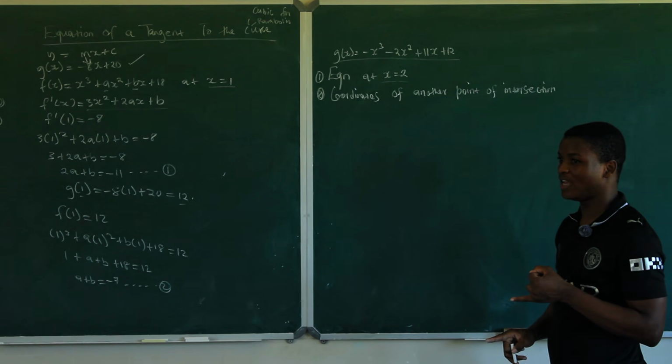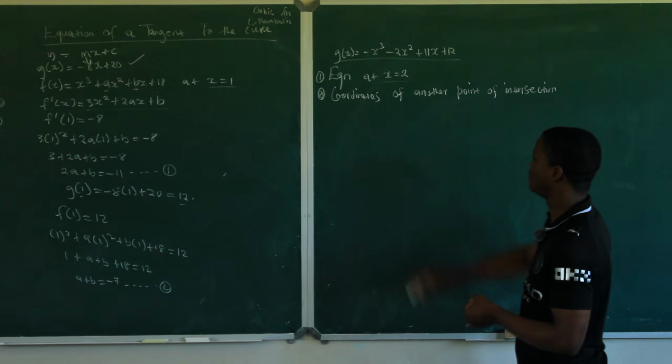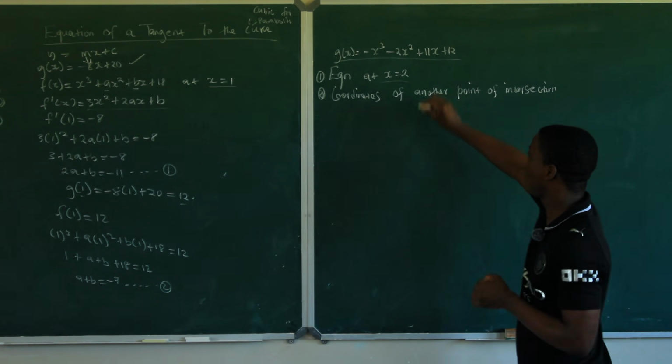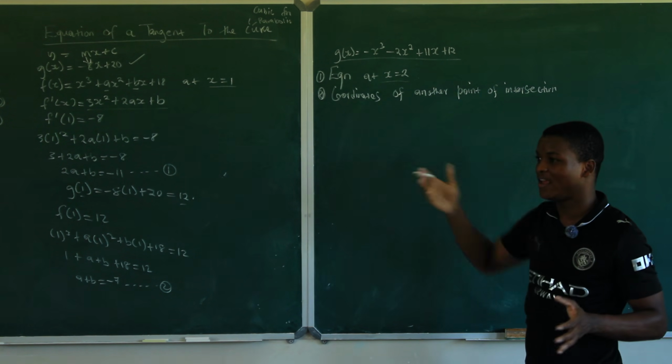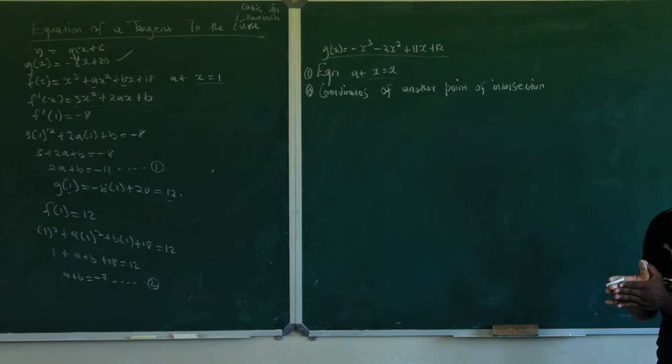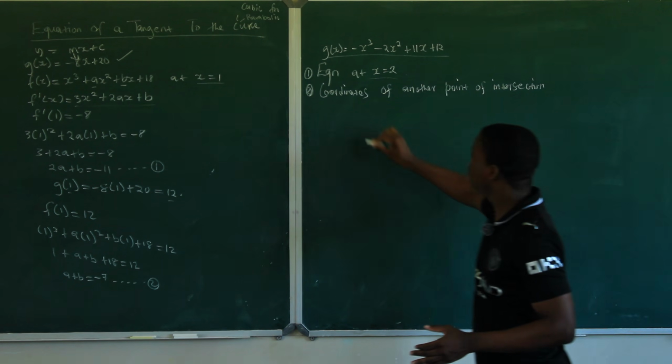To find the gradient, you derive, you substitute. Then find the point of tangency, with its x value, then find y, then use y equals to mx plus c to get the equation. Clear, right? It's simple there. Alright, the next one again now,